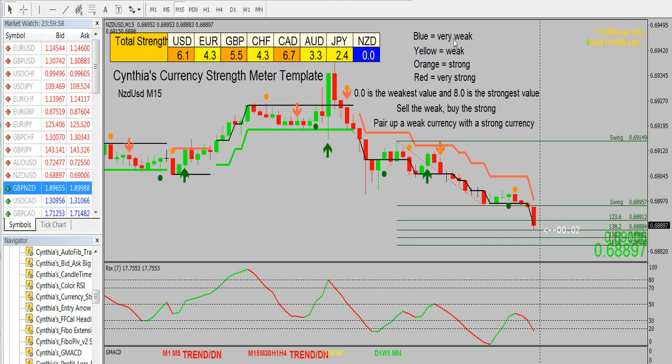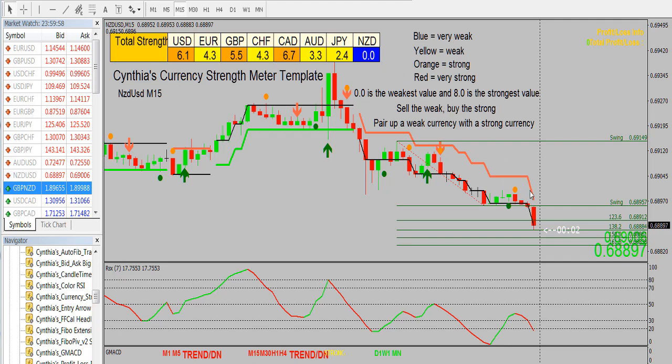Blue is the very weakest color, and 0 is the weakest value. And if you look at the yellow, it is considered weak, and so these will be low numbers. The lowest is 0.0, and these are fairly low numbers, but not that low. And then we have orange, which is strong, and then there's usually a red currency in the meter, but right